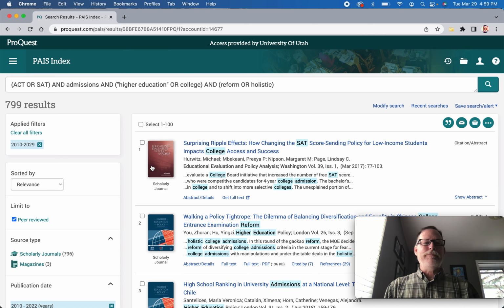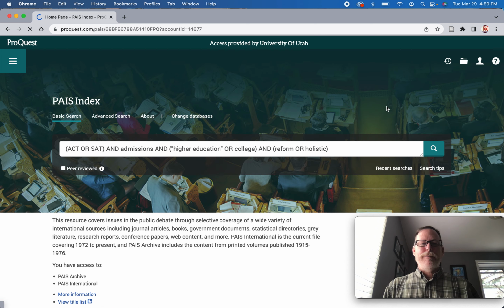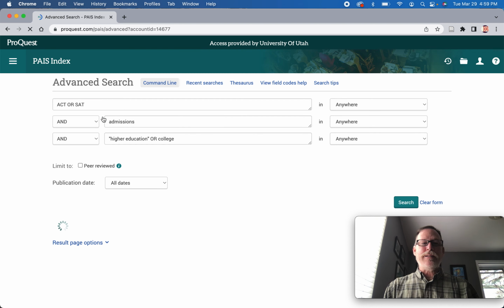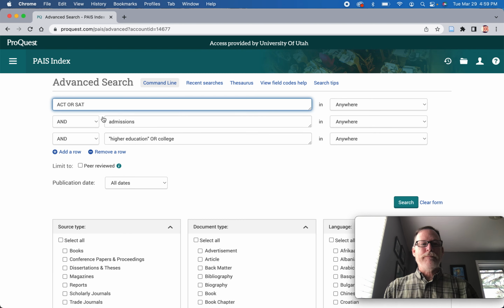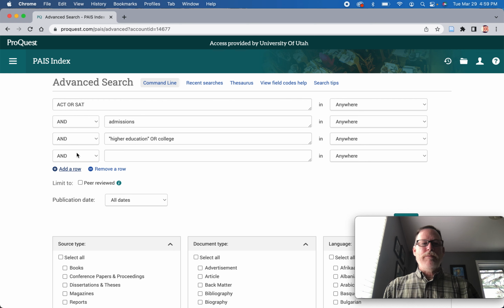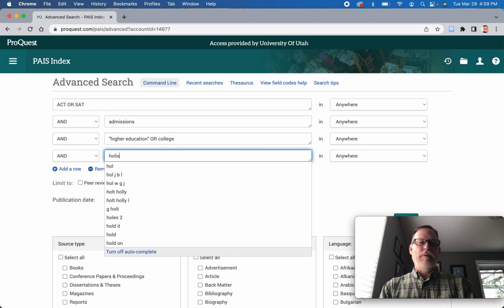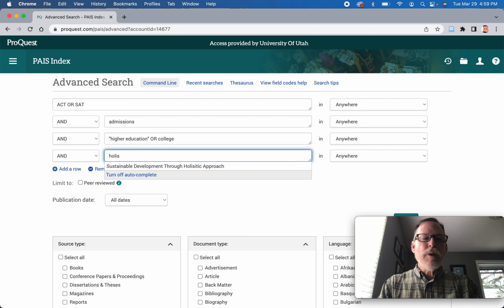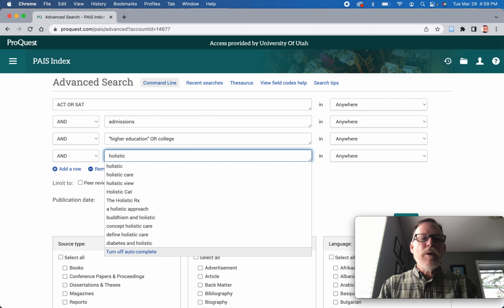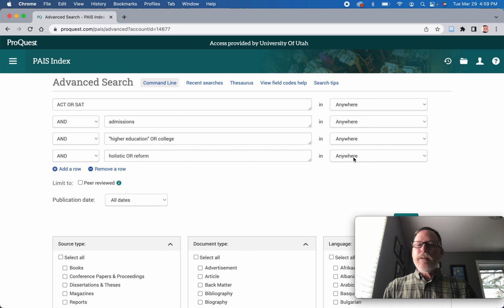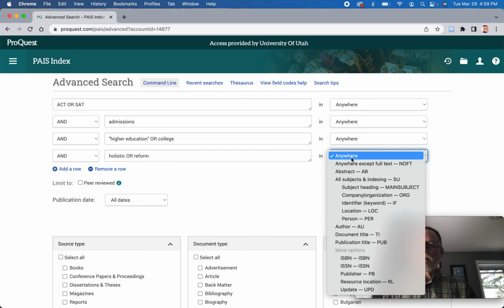One thing you can do, let's go back to our search. I'm going to click on modify search. Oh, I want to do it in the advanced search. I hope it keeps everything. Yes, it did. I'm going to add a row. I'm going to do holistic or reform. And now I'm going to ask that those things, instead of showing up everywhere or anywhere, I want